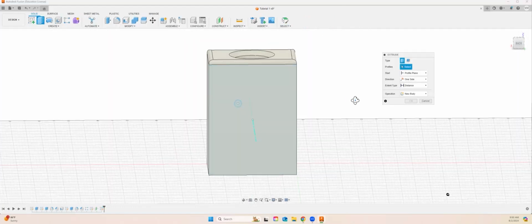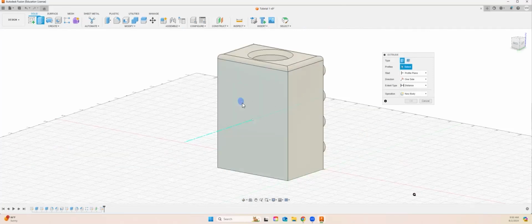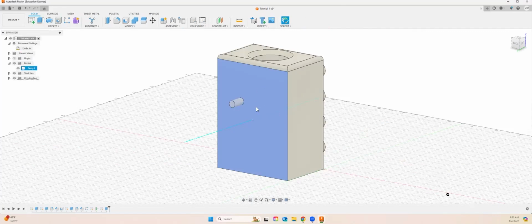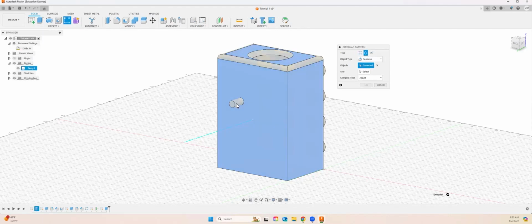I will choose that face. Let's do a 0.5 extrusion, something like that. We can also do a cut, but let's just do that one. And now we go here to the circular pattern. We select the feature, which is that one, not this face. So press escape. So once again, here, circular pattern,